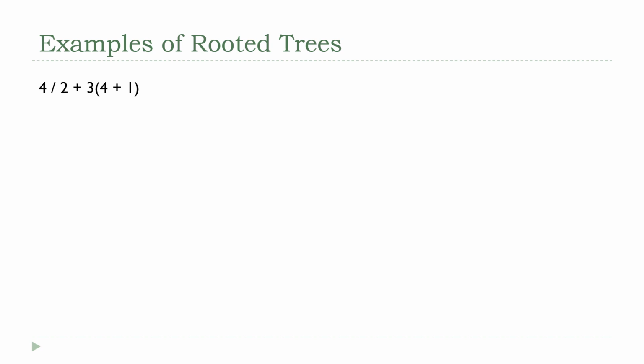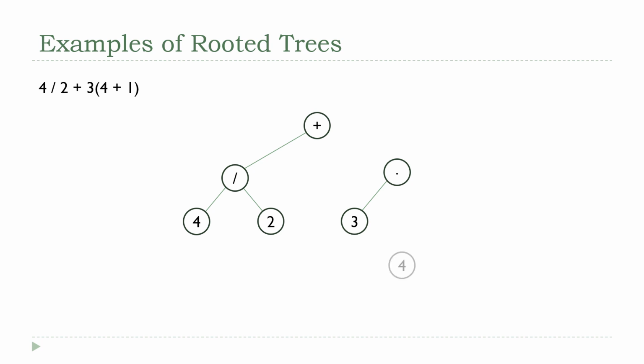For example, let's say you get your calculator out, you enter 4, and then you enter the division sign, right? Well, that's going to be a parent of the 4, right? The operations are going to be the parents of the things they act on. Then you type the 2, right? So that goes next with the division. Then you do the plus, then the 3, then you're going to do multiplication, then a 4 plus the 1, and now we're done, right? These are all the symbols. You hit the equal sign,